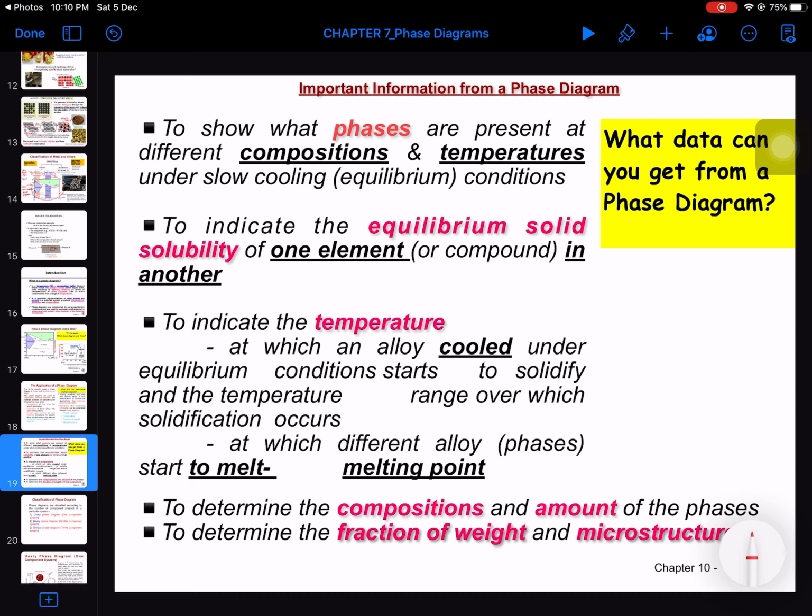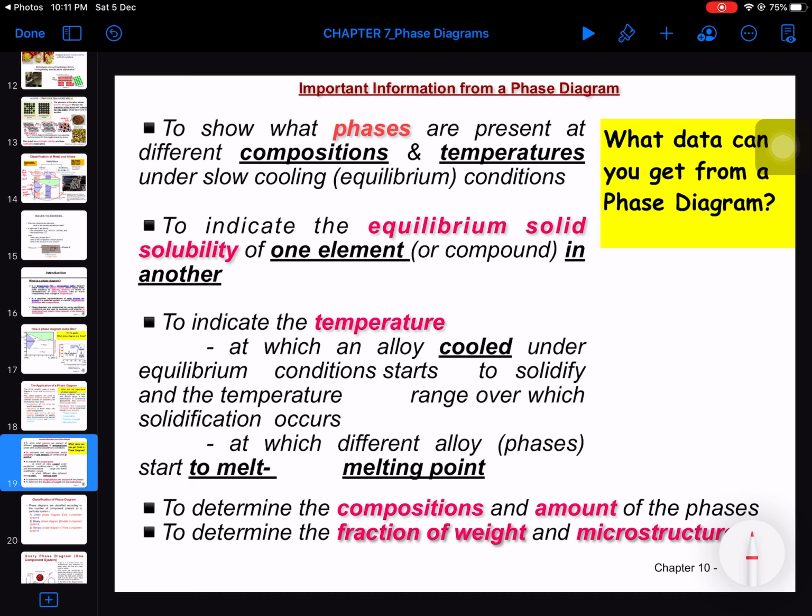What data can you get from a phase diagram? It shows you the phases which are present at different compositions and temperatures under slow cooling equilibrium conditions. It can indicate the equilibrium solid solubility of one element or compound in another, and it can also be used to indicate the temperature at which an alloy cooled under equilibrium conditions starts to solidify, and the temperature range over which solidification occurs, at which different alloys or phases start to melt,